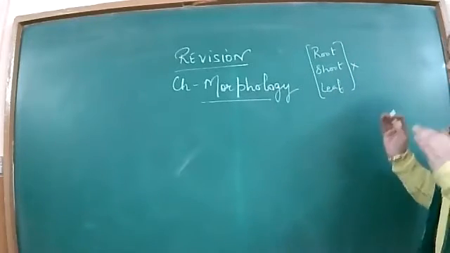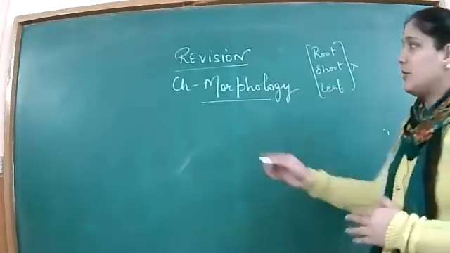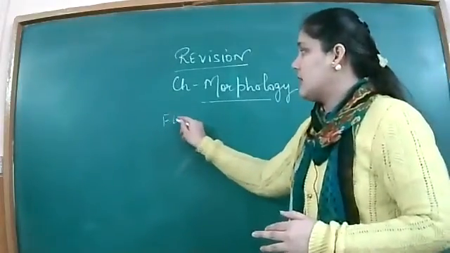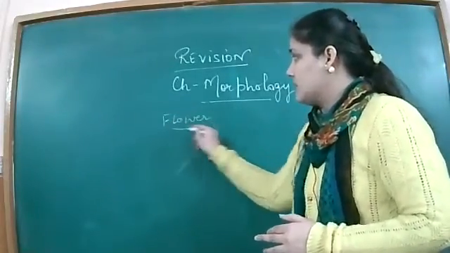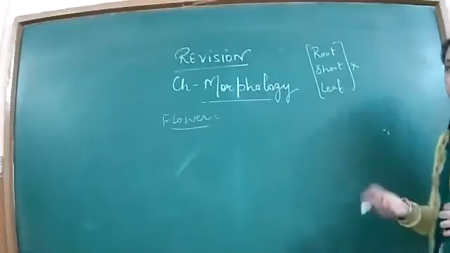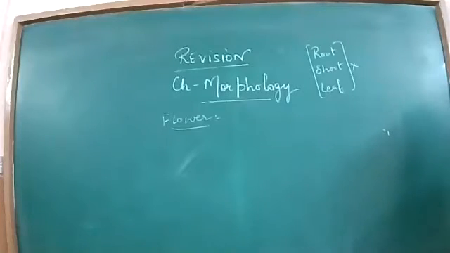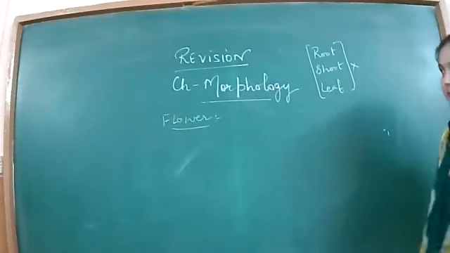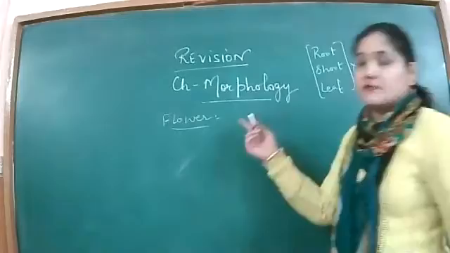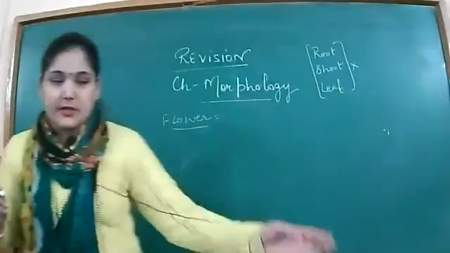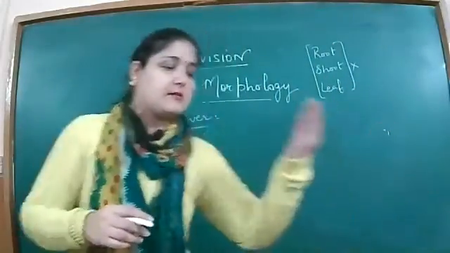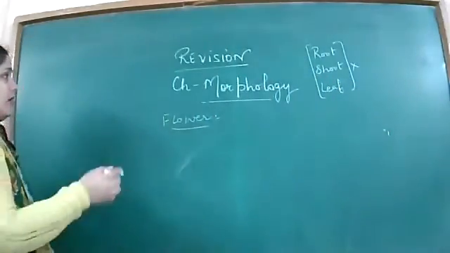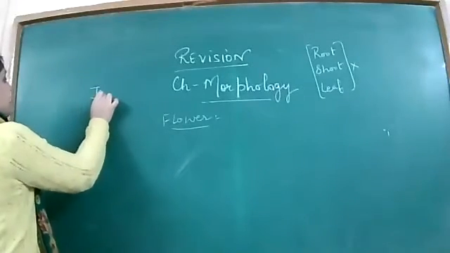Okay. So this chapter starts from the topic of flower. That starts from the flowers. The inflorescence also can be included because the inflorescence is the arrangement of the flower over the stem. So that is the inflorescence. Inflorescence of two types we have already studied. What were the two types of the inflorescences? Yes? Racemose and cymose.